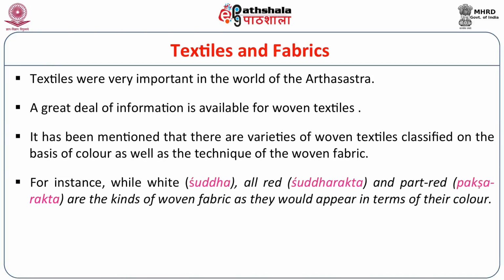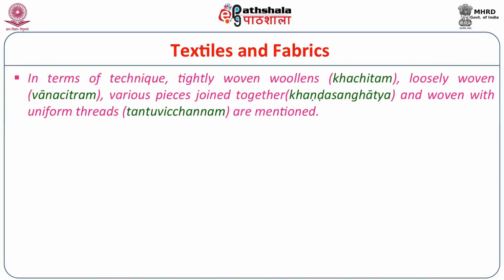For instance, white, that is Shuddha, all red, Shuddha Rakta, and partly red, Paksha Rakta, are the kinds of woven fabrics as they would appear in terms of the color. Again, in terms of technique, tightly woven woolens, Khachitam, loosely woven, Vanachitram, various pieces joined together, Khanda Sanghatya, and woven with uniform threads, Tantu Vichinam, are mentioned. So, when we have this kind of terminology, we can understand how important textile or weaving was in that